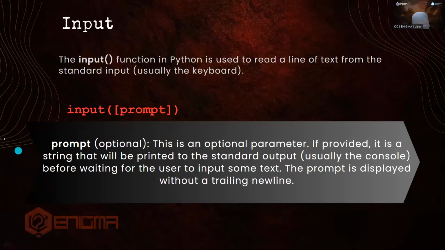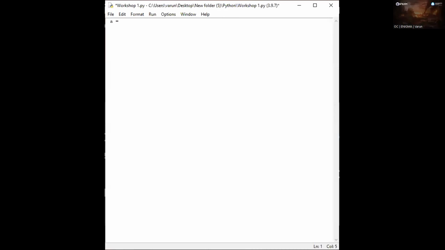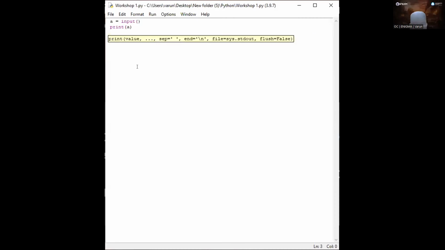And now we move on to input and output functions. In input, you ask for an input from the user, and output just prints the value on the screen. For example, assign A is equal to input, and print A, and saving this file. And when I run this code,